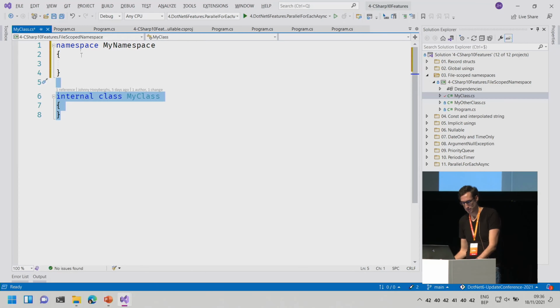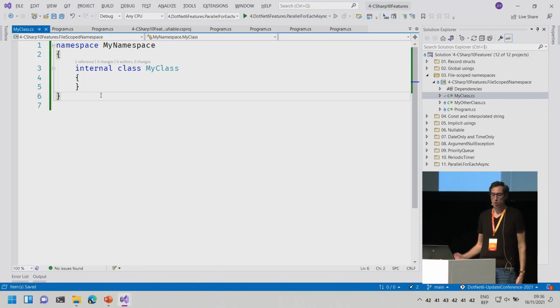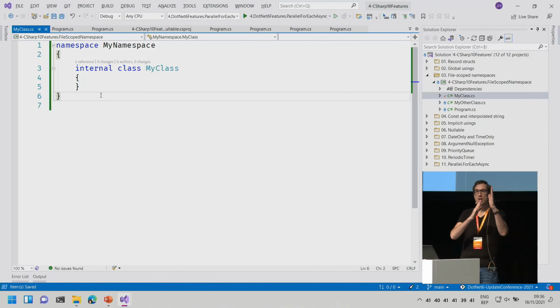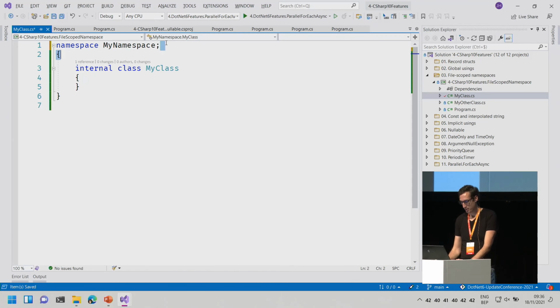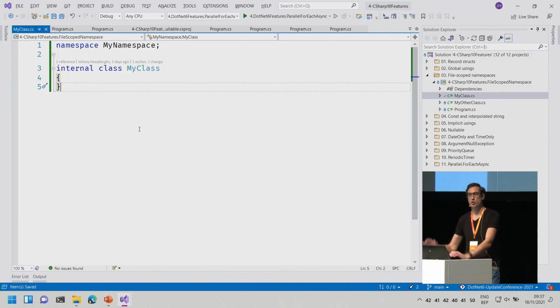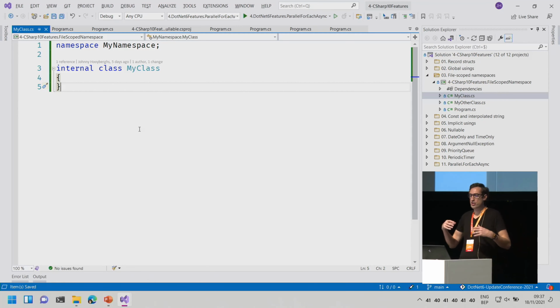So like this. This is what it was beforehand, and nothing really wrong with that, but of course all of your code goes to the right-hand side. And now, very simply, we can just remove those curly braces if you only have one single namespace in a file, which I'm always doing, and your code goes a little bit to the left and you have more screen space to use. So this is such a simple feature, and it took so long for Microsoft to implement this. But again, it's finally here today.